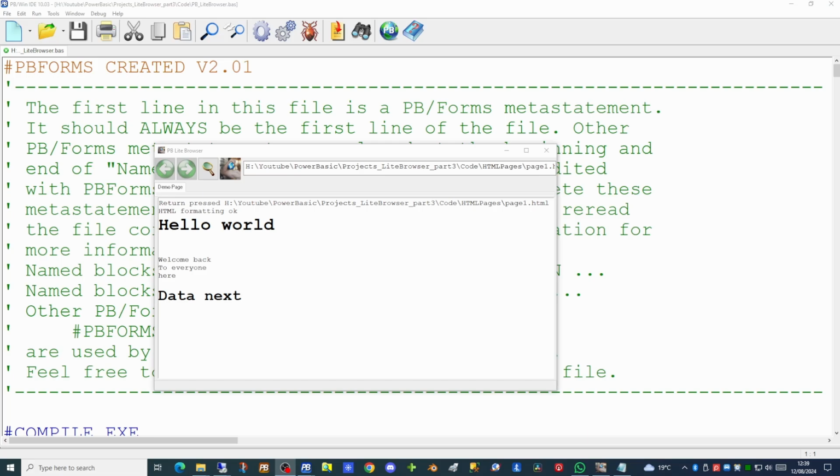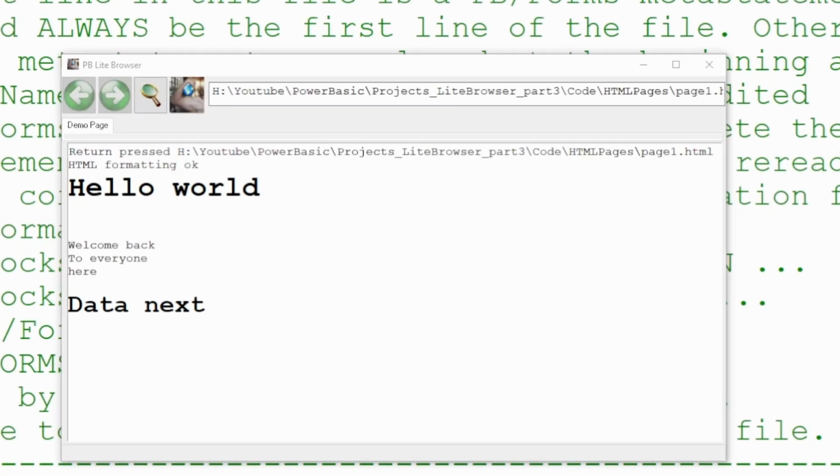This was our application at the end of the last video. We have created a very minimalistic web browser. This web browser supports a number of HTML tags. Principally the title tag to allow us to show the name of the web page in the tab, plus the paragraph tag to show the hello world on our browser control. Additionally, we have supported the header tags between header 1 and header 6 to show a range of different font